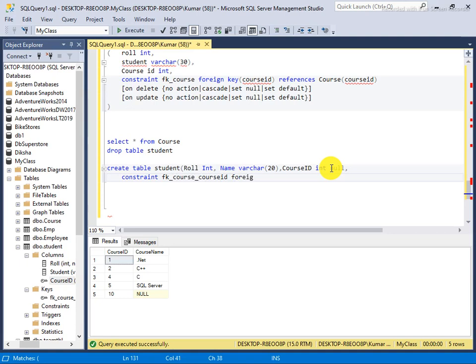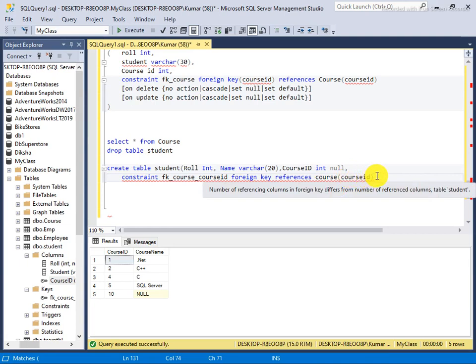It's a foreign key and references course, sorry, I forgot here to add name of the column.